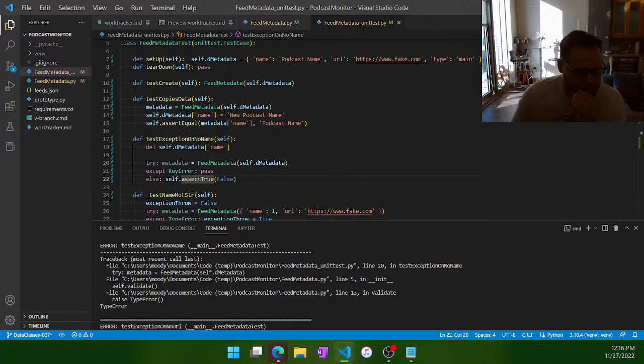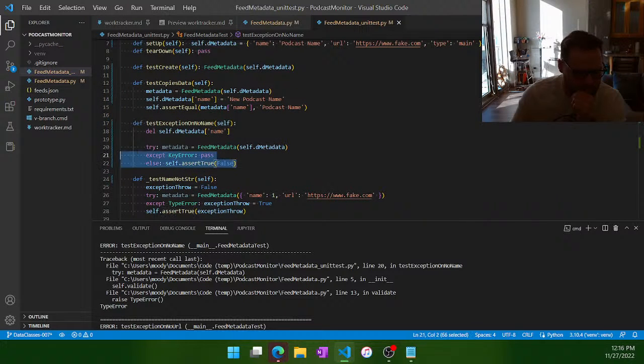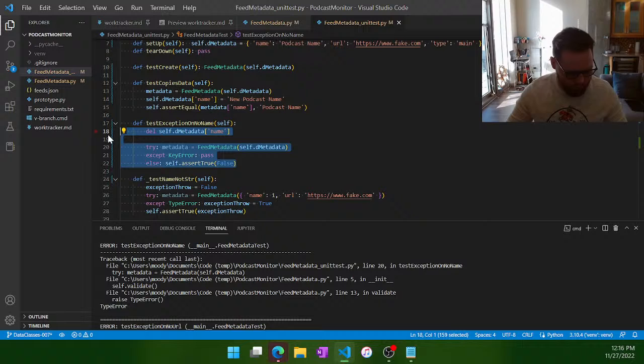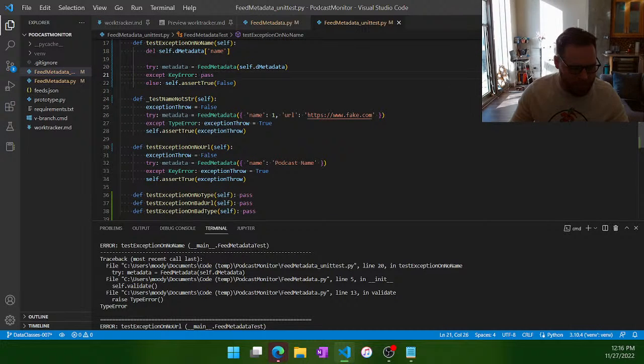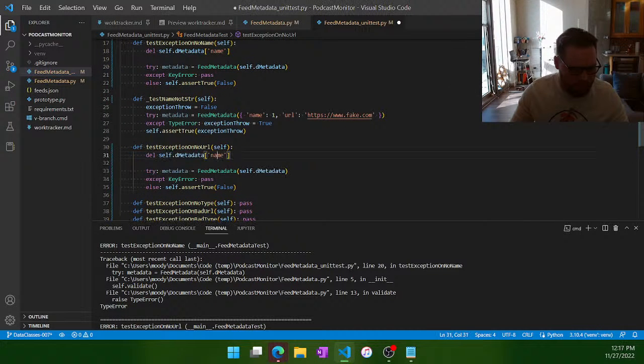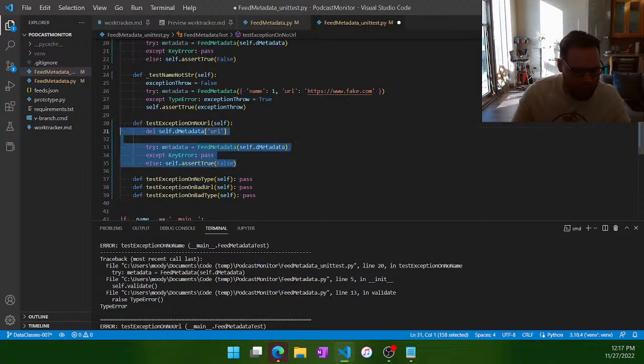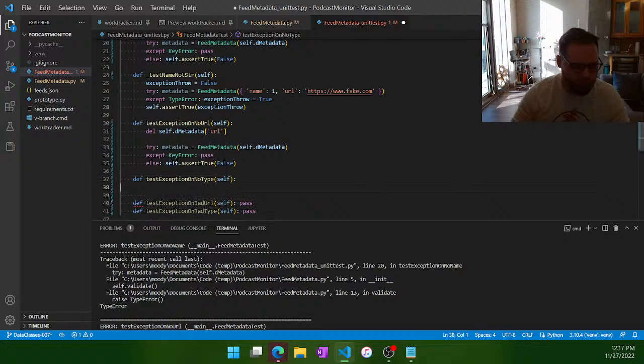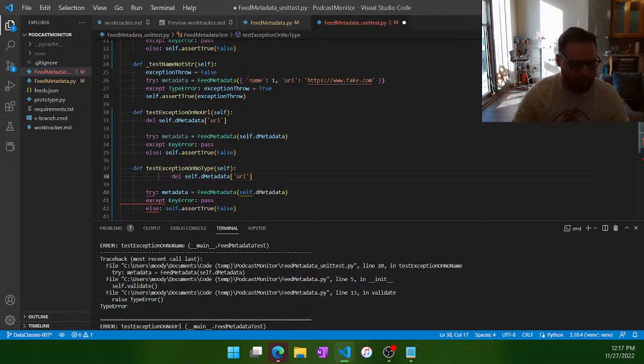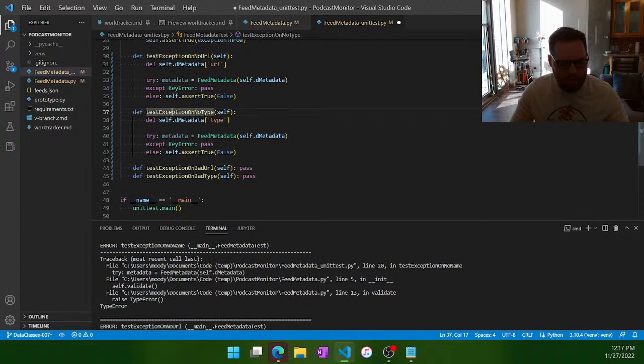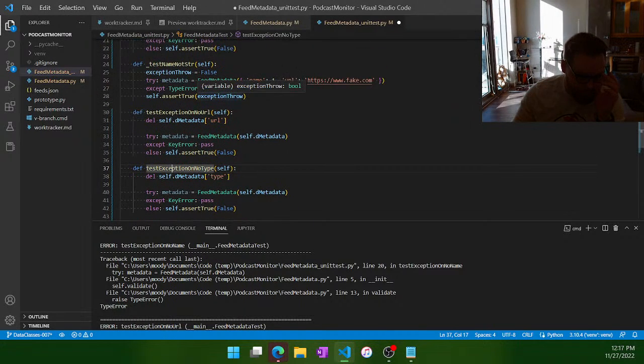And so let's do the same thing for, we'll leave that in. The same thing for no URL. So we'll delete URL. And then we'll do the same thing. So obviously, since we're doing the same thing a whole bunch of times, we should be able to create another helper method that'll then parameterize this. So let's move type. All right, so now the last thing we have is actually similar to this here,